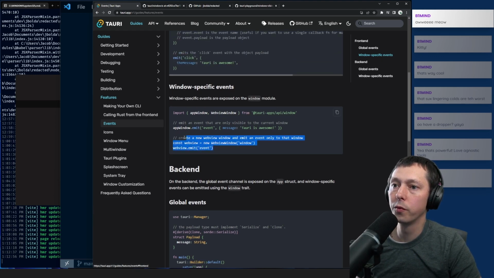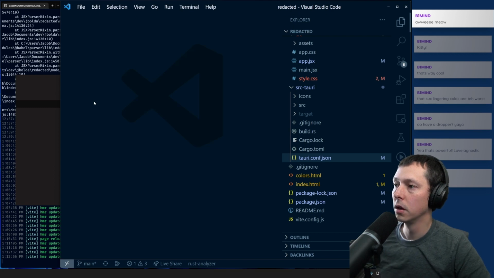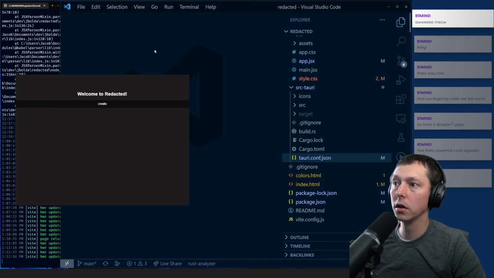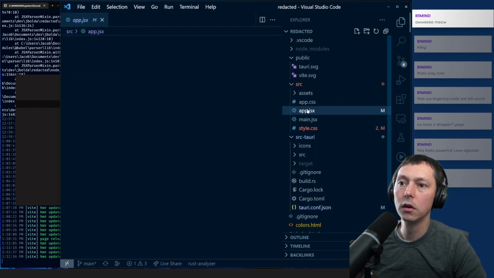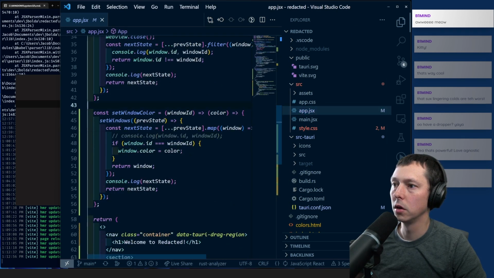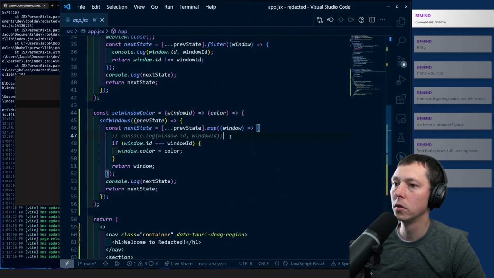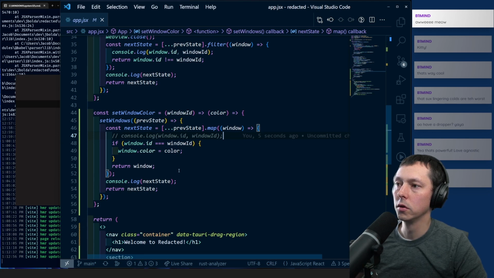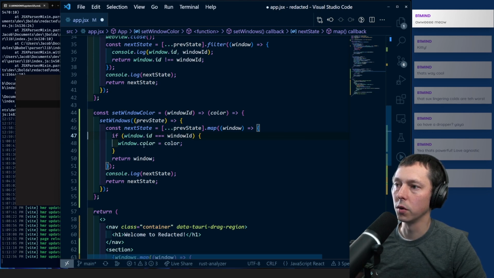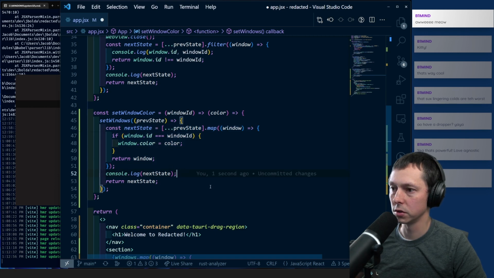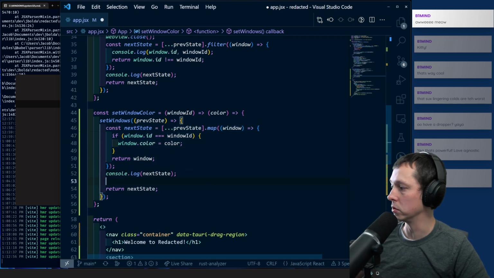So from the front end, we can emit an event. So let's go ahead and get that going. So here we're doing our set window. So this is actually going to set it, and then this gives us our next state. So then we want to do